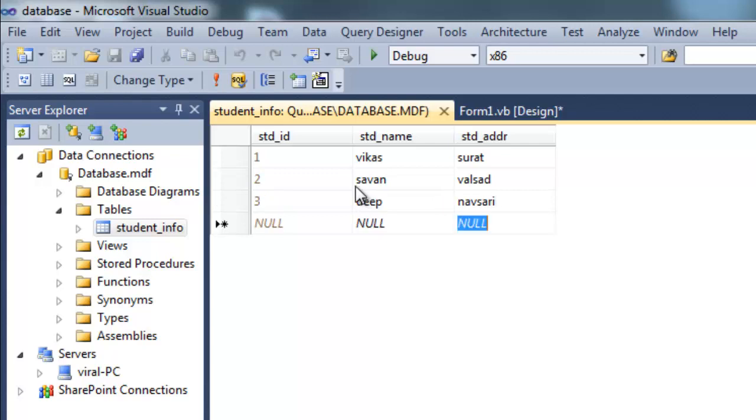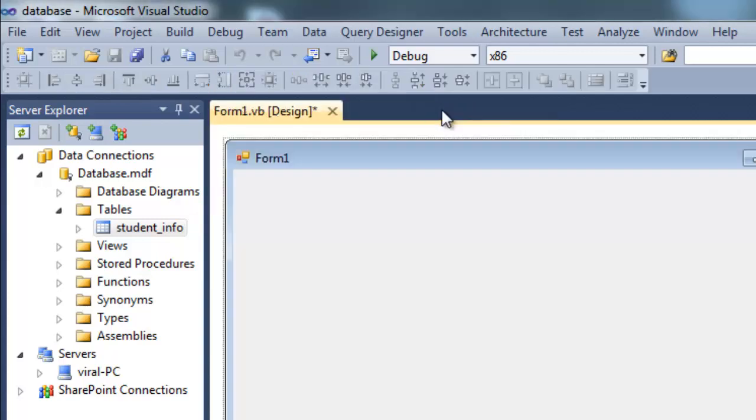Okay, here I have entered three student data. You can see. Now save that table and close it.